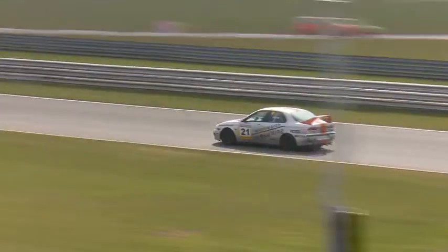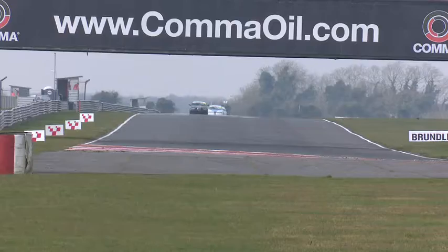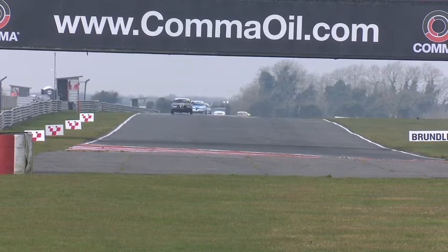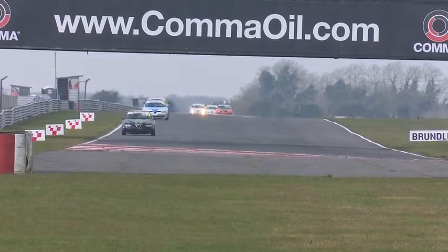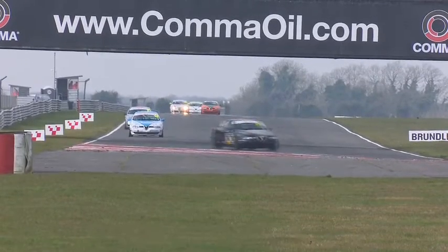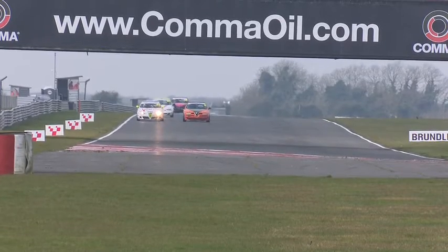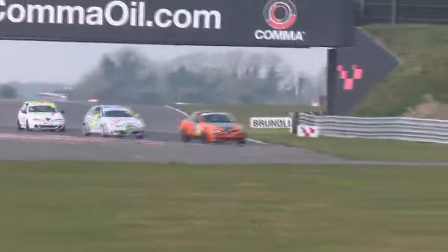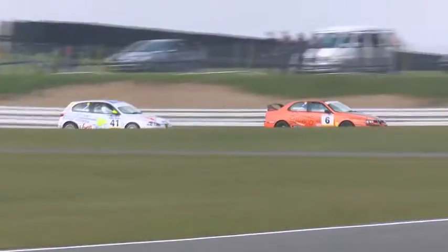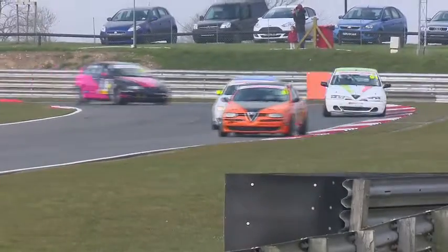And at the moment, the battle for second place is starting to distance itself a little bit, because Andy Hancock for the moment seems to have the measure on Stephen Potts. Down the Bentley straight once again towards the braking zone here. They have to turn left through Brundle and get it stopped for Nelson. It's a much tighter right-hander. Now this battle for fourth is intensifying, because we've got on the left James Browning in the 41 trying to snatch the position from Simon Cresswell, who's held it since the start. But there is a bit of a queue forming behind him,